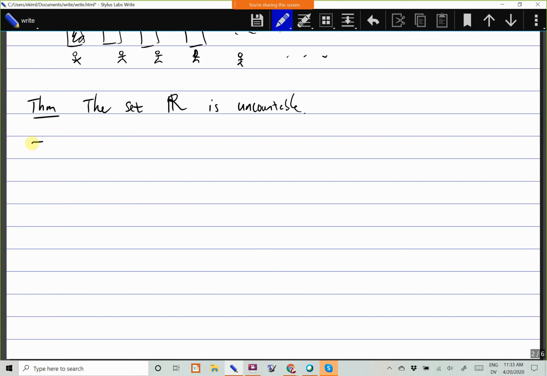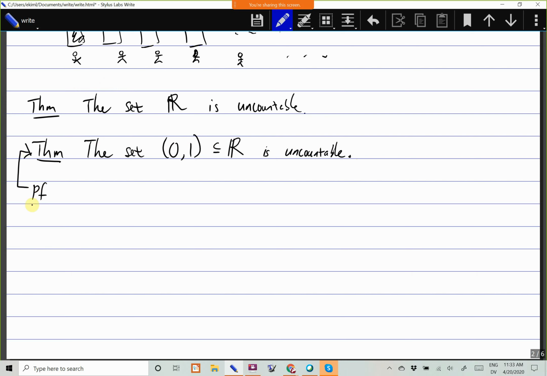Actually, I'm not going to prove this. There's a way to modify the next theorem we're going to prove instead. So I'd like to prove that this proper subset, the set of numbers between 0 and 1, this subset of the reals, is uncountable. Right? So if just the real numbers between 0 and 1 is uncountable, then including a much bigger set, it seems like that should also be uncountable. So what we're going to do